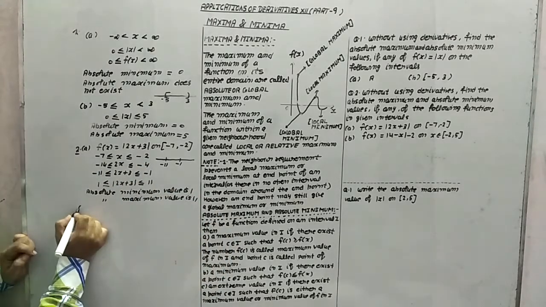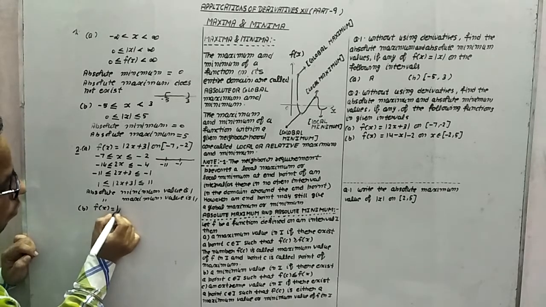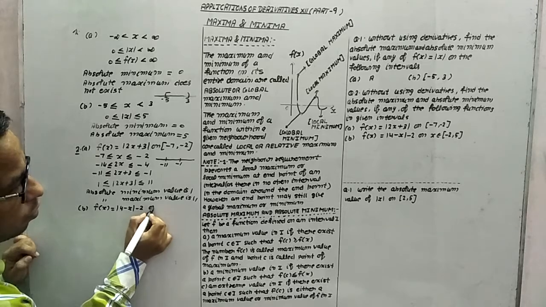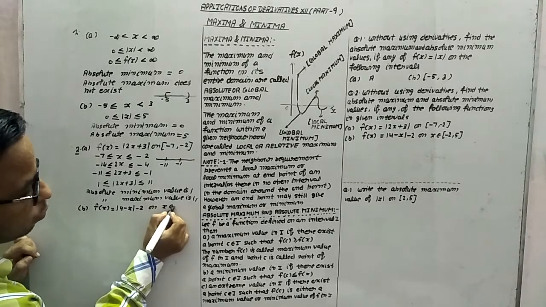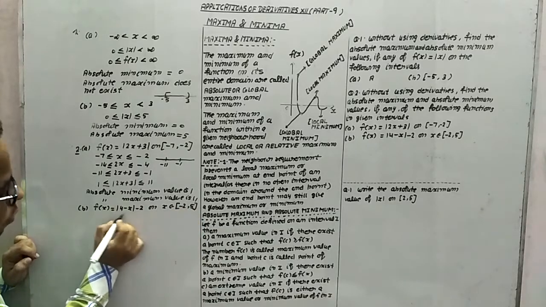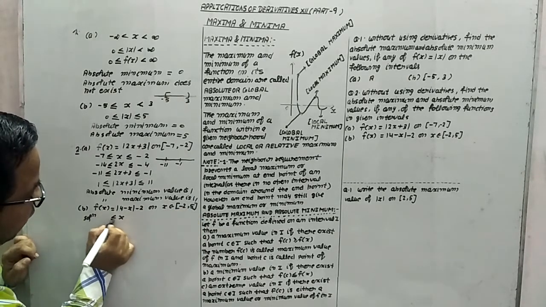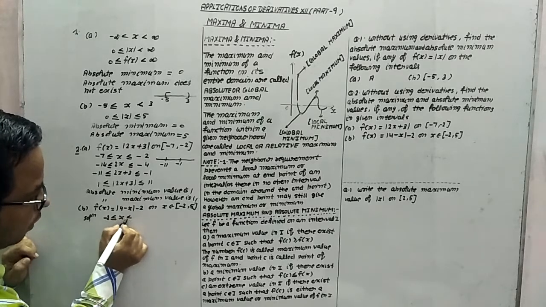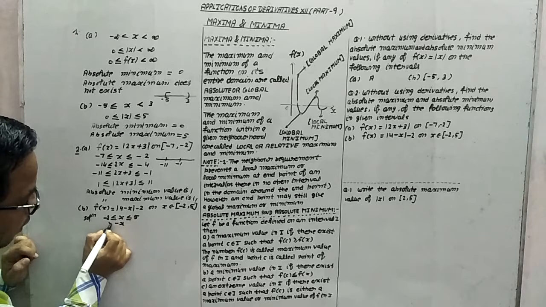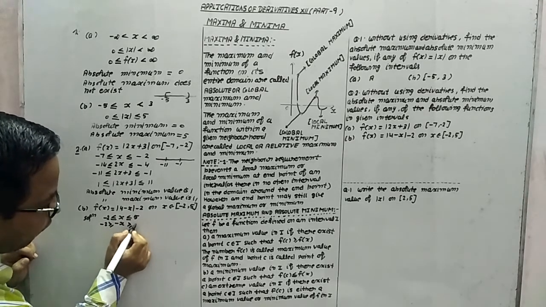Same thing, look at this thing for B part. We have f(x) is equal to 4 minus x, modulus of 4 minus x minus 2 on x belongs to minus 2 to 5. So first of all, you will say for solution, we have x greater than and equal to minus 2, less than and equal to 5. Now minus x, it means what this becomes? Minus 2 and this is 5.